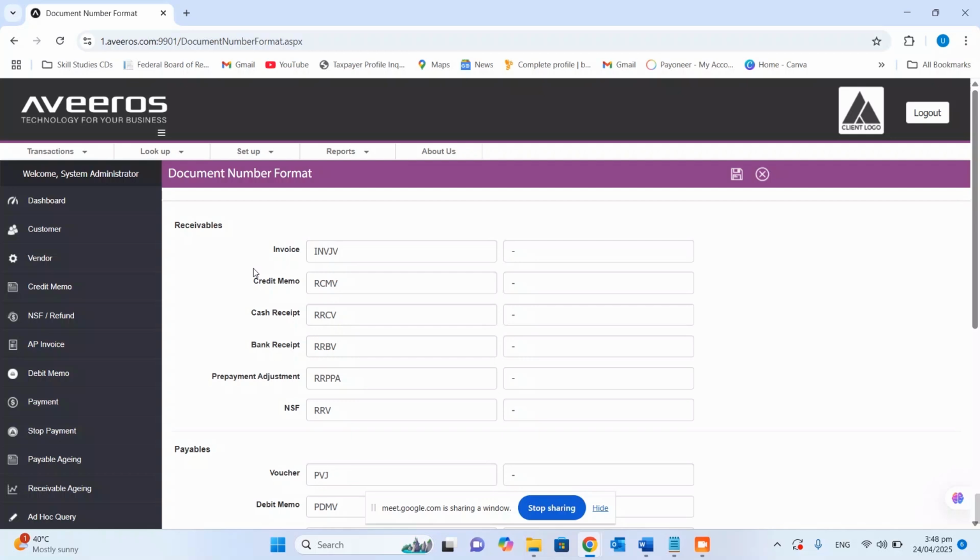Coming up next. In our next session, we'll explore financial reporting tools including trial balances, profit and loss statements, and